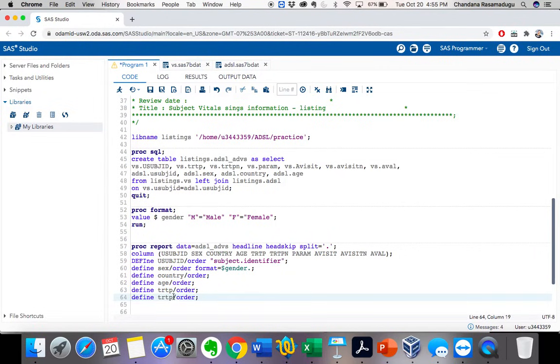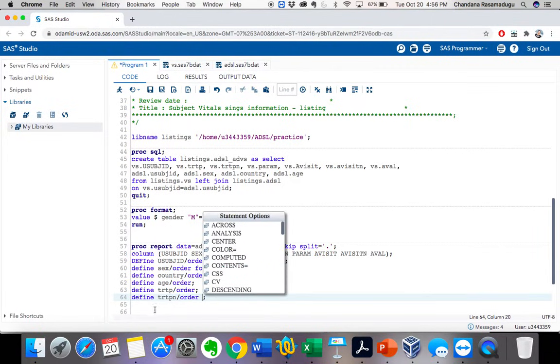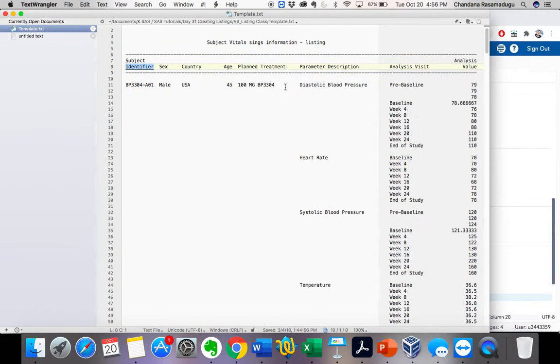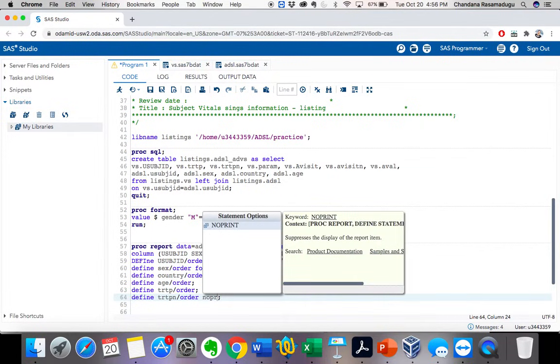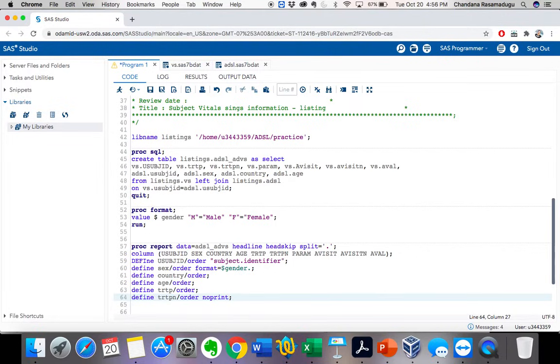But as I told you, we use these TRTPN values just to order the data. I don't need that to be printed in my end report, because it is not specified by my statistician in the mock shell. I just want to use that to order the data. So let's give no print, then it won't print that in the end report.